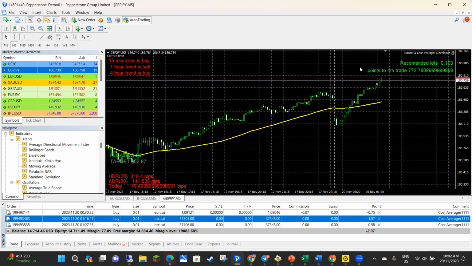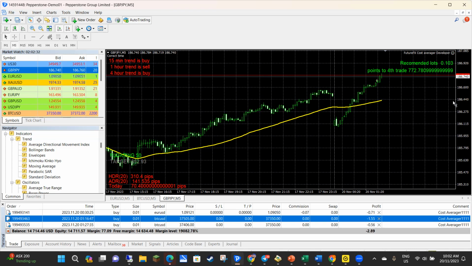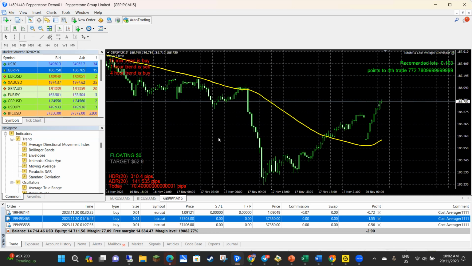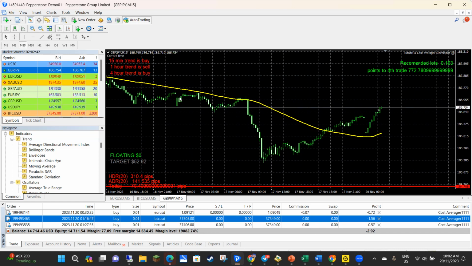Alrighty, so that's that. That's nice and simple. The other new addition is, so let me get the chart out of the way. If we look at the trends here, buy, sell, buy. So it's not going to trade because these 3 aren't lined up. So we're looking at,